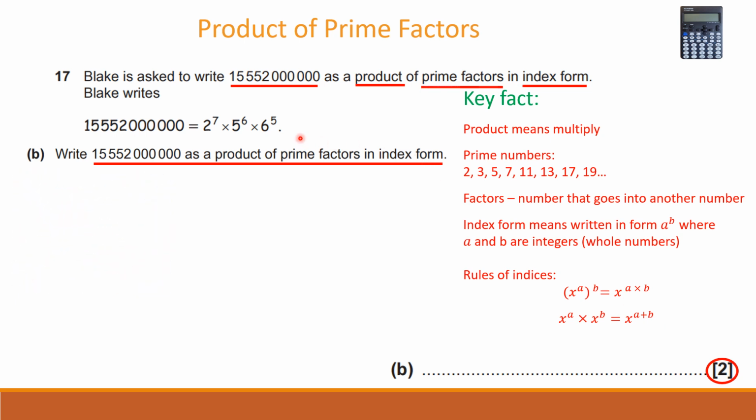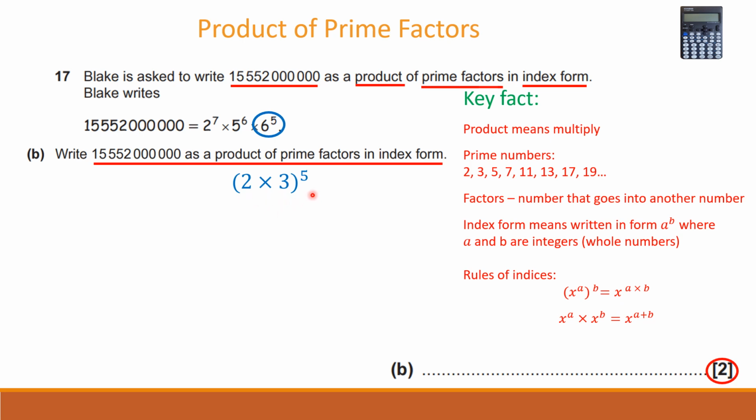Now, as I said, the key part of this question was this 6 to the power of 5. Now, we know that 6 is the same as 2 times 3. So I can replace the 6 with 2 times 3. I'm now going to use this top rule here for indices, so I'm going to multiply the powers. So x to the power of a, to the power of b, is x to the power of a times b. Now here I've got no numbers after this 2 and after this 3. It's like there's a magic 1 here. So this is 2 to the power of 1 times 3 to the power of 1,